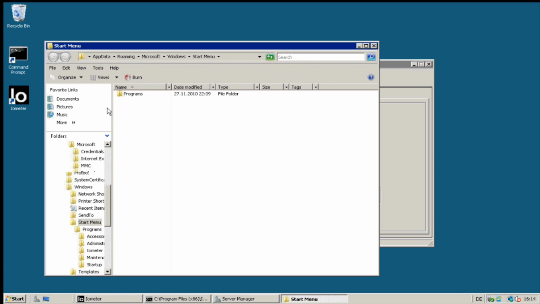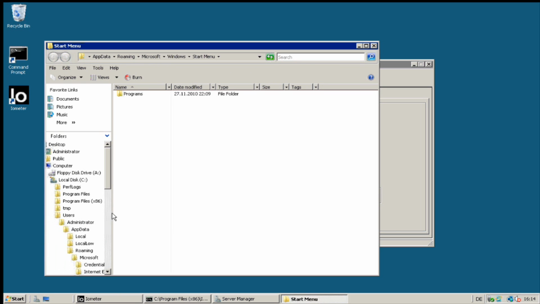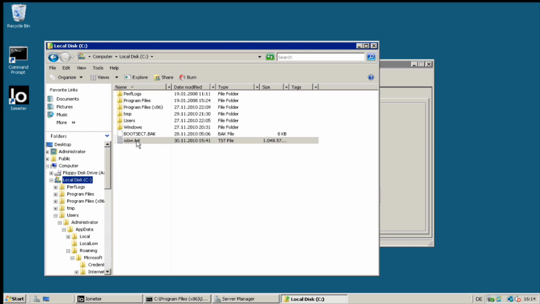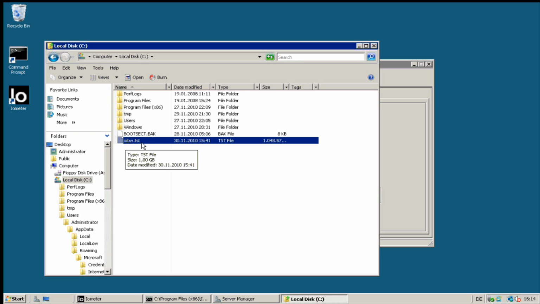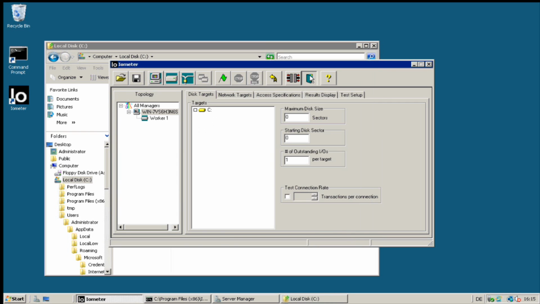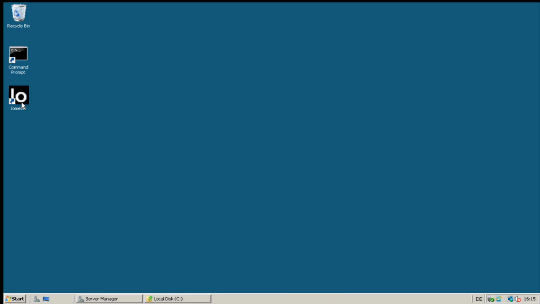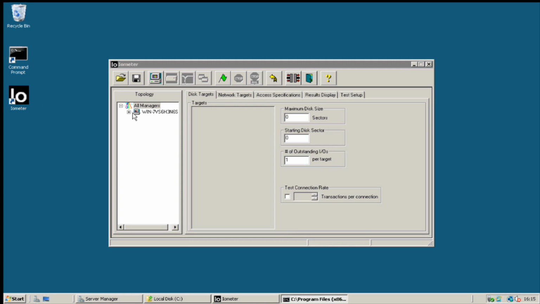see that this disk is here available. And why it is available? Because I have already created a test file. So when I go to Explore and go to the disk, so we see that the file, which is named iobw.tst, it is already available. What happened if I don't have this file? So let me delete this file. So this file is not available,